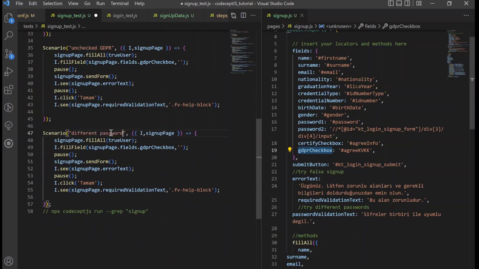Last test case is different passwords, so I will change the second password. And I expect to see the password validation error text.